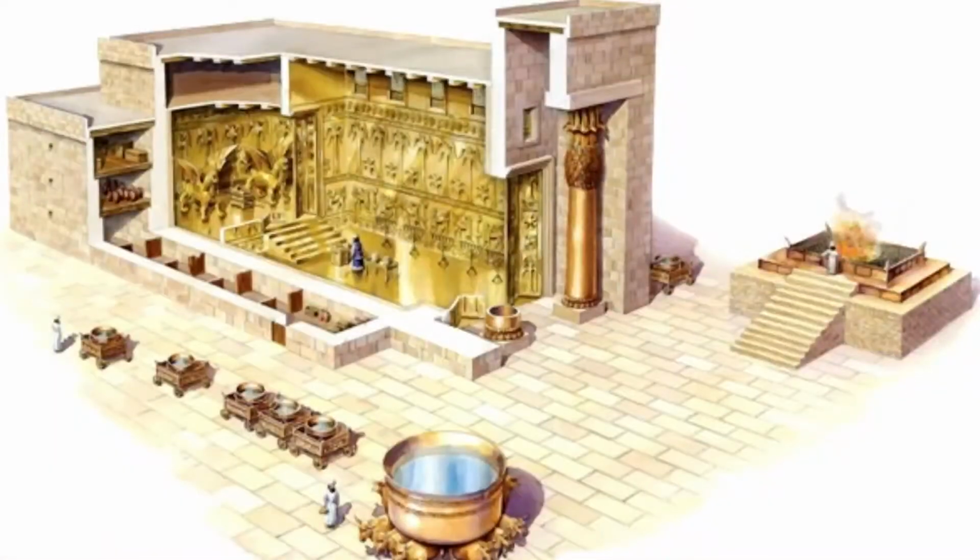really charges things with gold. All the utensils were gold. I don't know how accurate this rendition is here, but anyway, it just kind of gives us an idea. But there was so much stuff, and later on when we